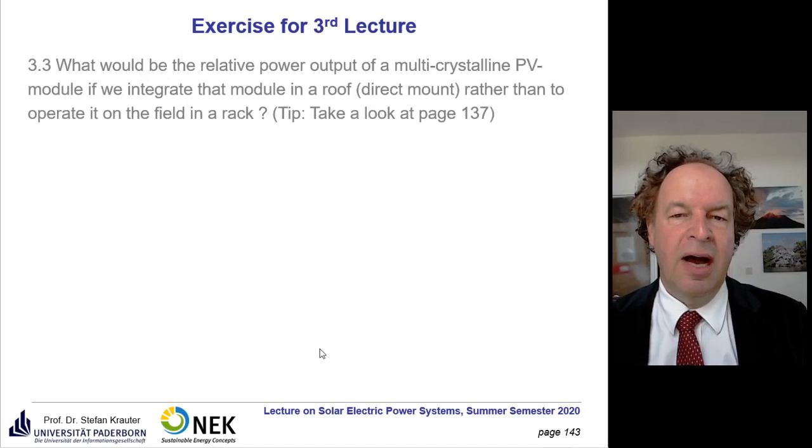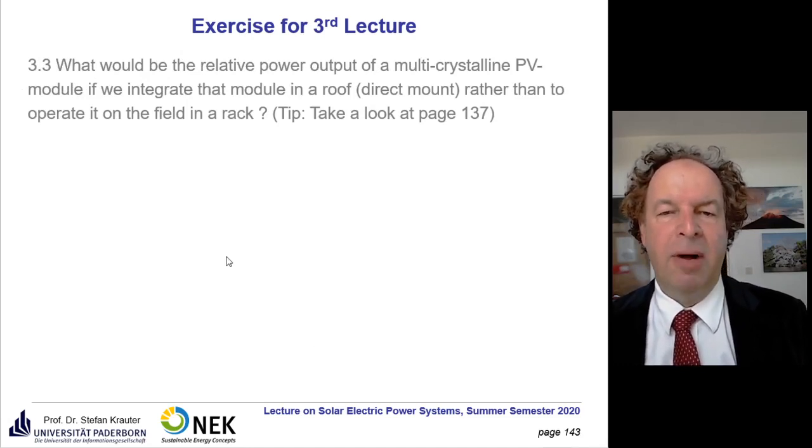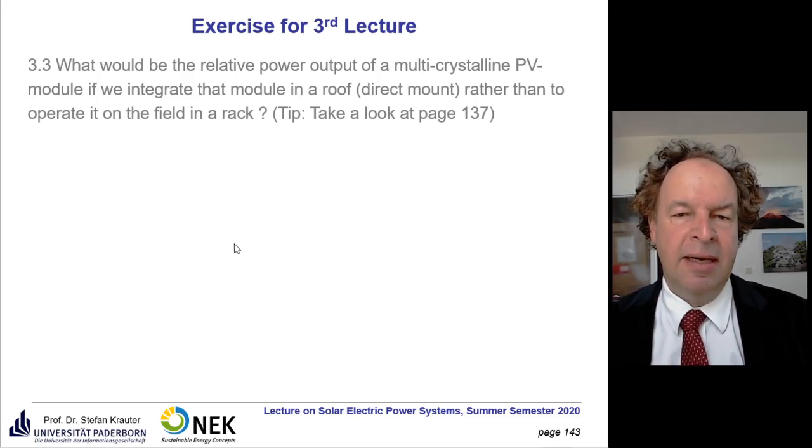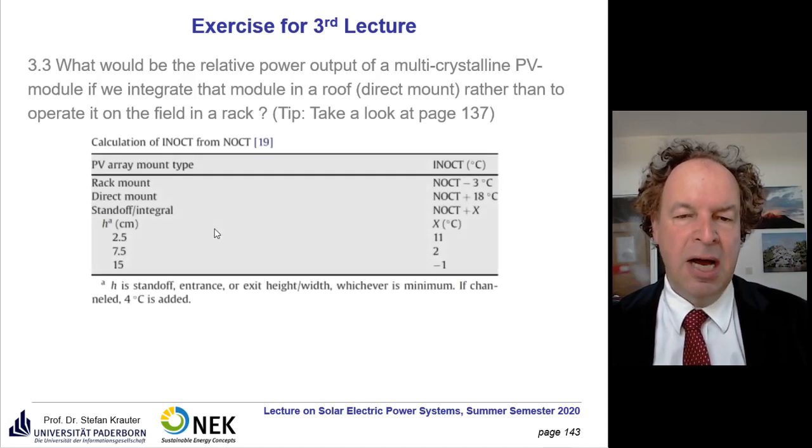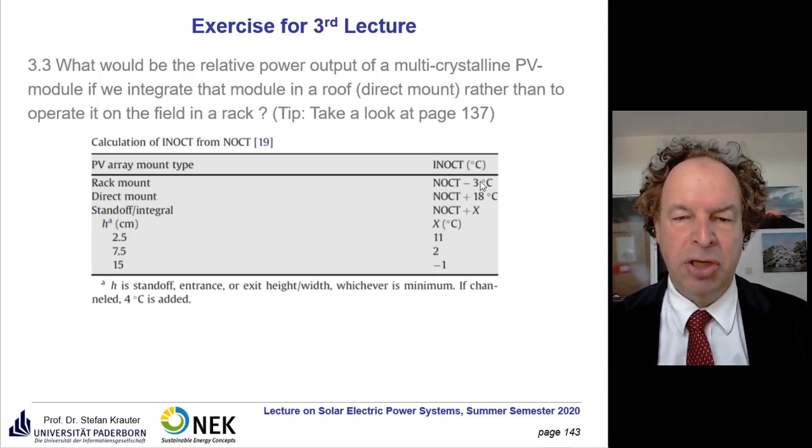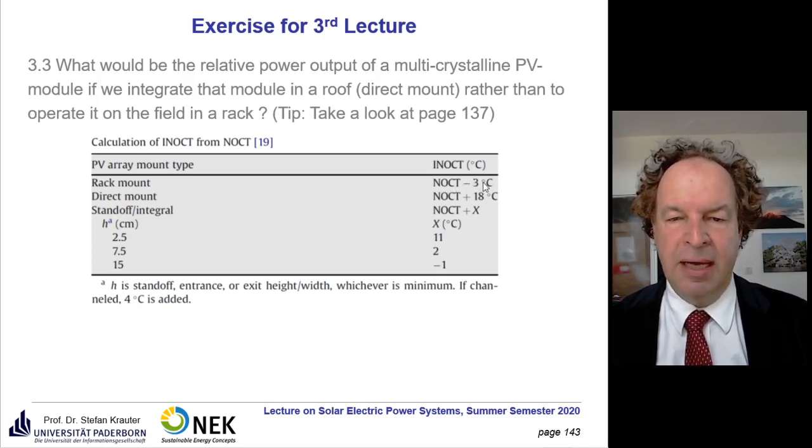Last part we have, if we have a multicrystalline PV module, and if we would operate it on a roof instead of a rack in a free field, it increases temperature as we saw, and we take a look at the table here. So we see here if we would have a rack mount, then we would have a nominal operating cell temperature, for example, we saw it was 45 degrees, while the convection is better at a rack mount. Then we can take off 3 degrees, so actually it would be 42 degrees only, so we gain some